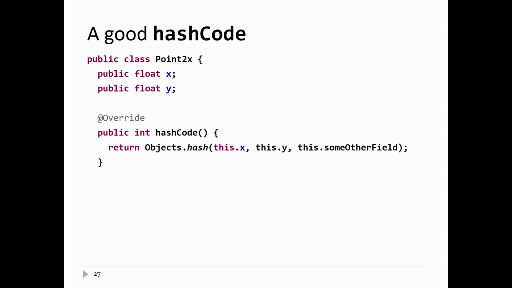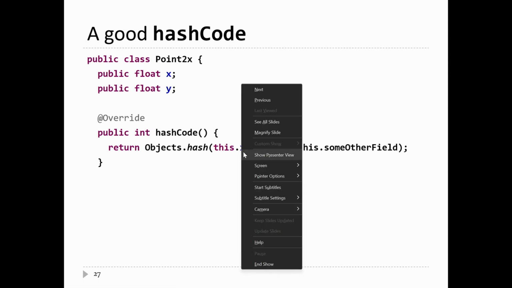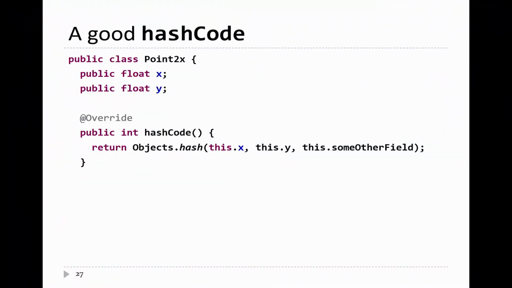So this method here will produce a different hashCode for two points that are